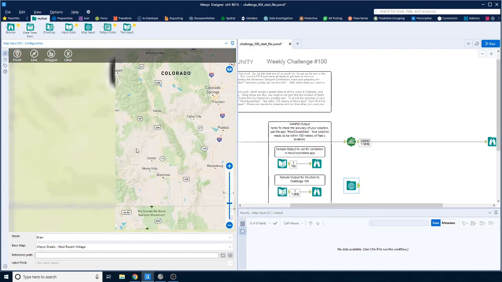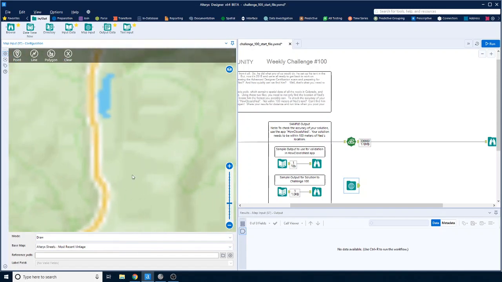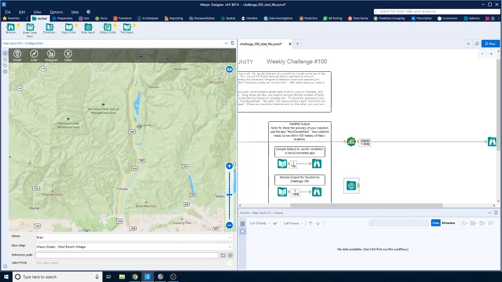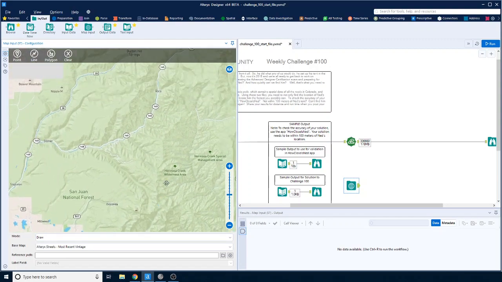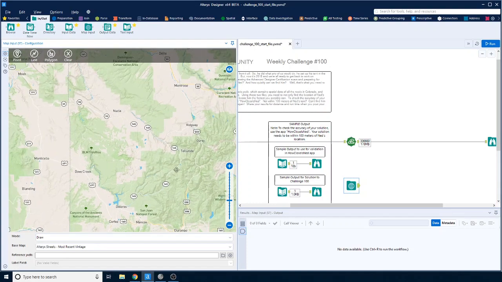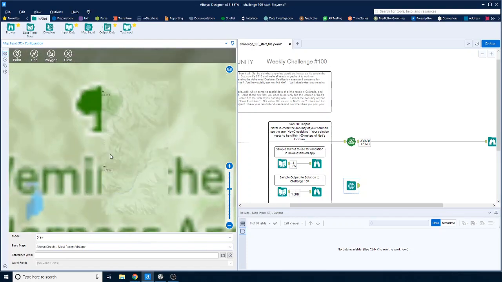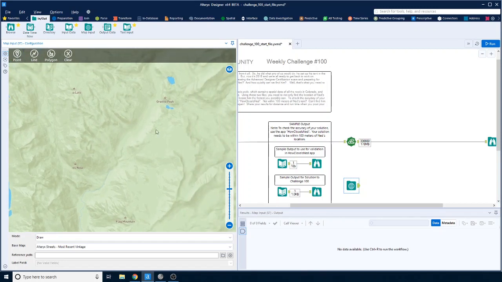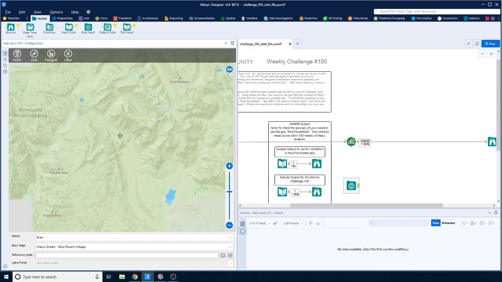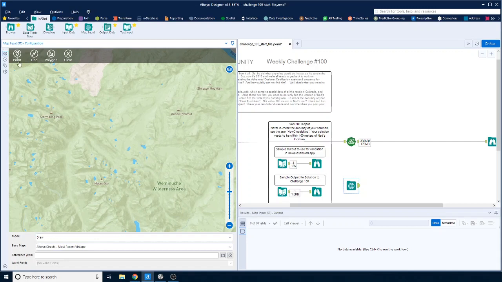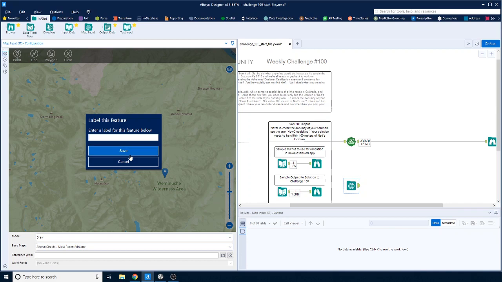We zoom into Colorado, and we've got this forest here. I mean, they're too far. Where is it? Too far south, I think. Oh, here it is, right. So, Chief Mountain. Here we go, Grand Pyramid. So this is it. So I'm thinking if we put it in there, we'll say guess